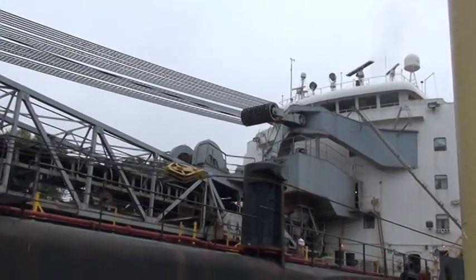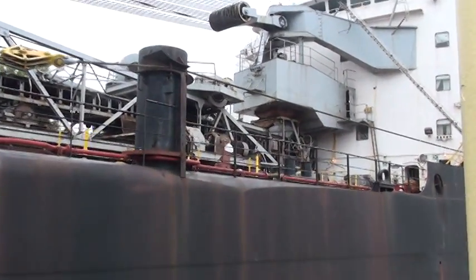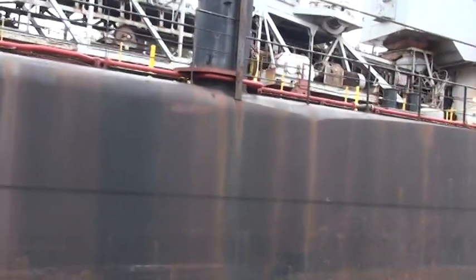If you look directly ahead of us, you'll see the gates to the cargo lock are now being opened. Soon the safety boom will be raised. We'll enter this lock, be in there